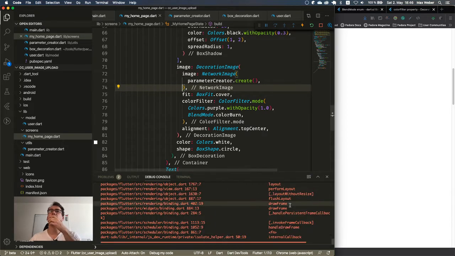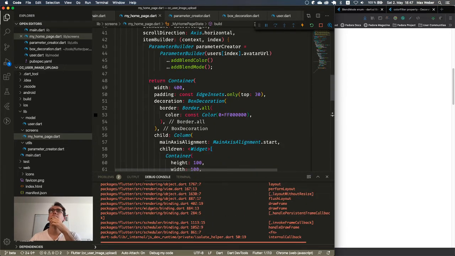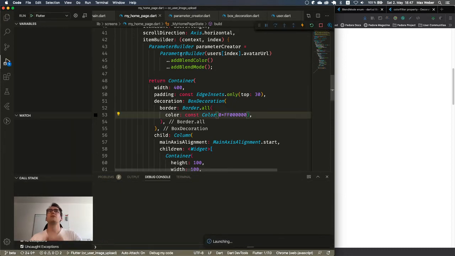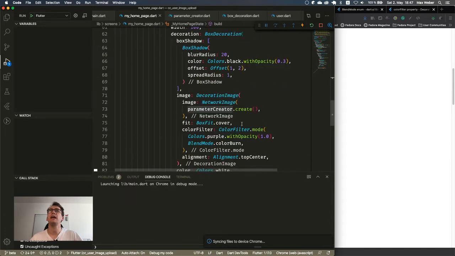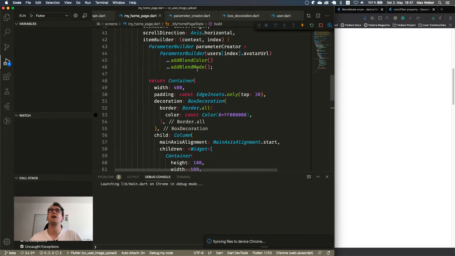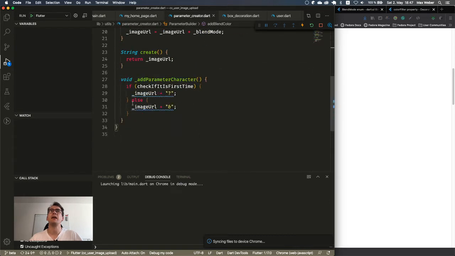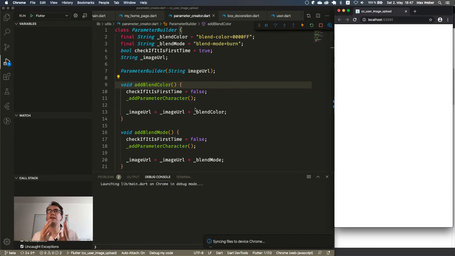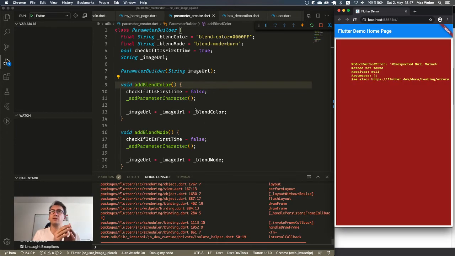And if this works correctly, like I expect, then we should have the possibility to create a new parameter builder, put it here inside, and this create function returns us the string that we want and adds the different parts of the add parameter characters to it. The good thing with that is we have an encapsulation for the different URL parts.